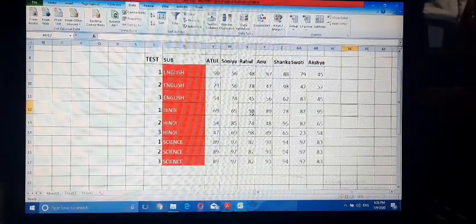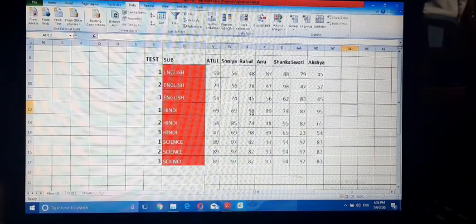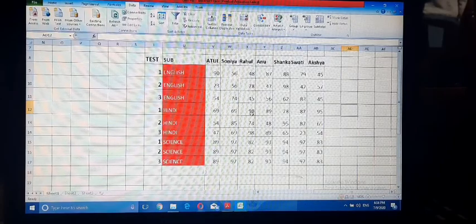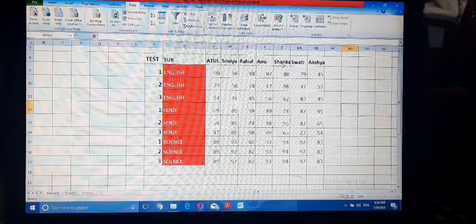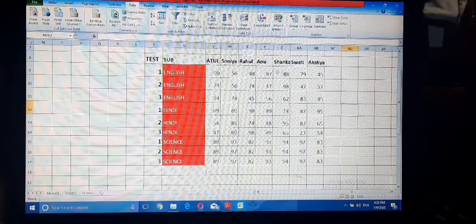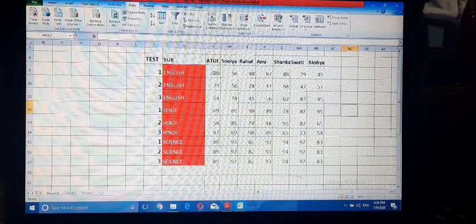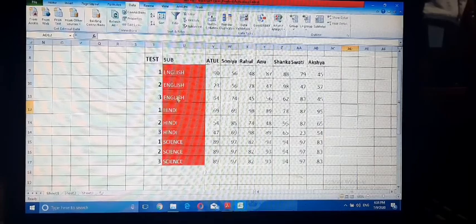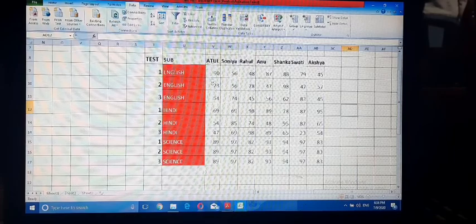Here you can see marks in 3 subjects in 3 tests of students Atul, Sonia, Rahul, Anu, Sanskar, Swati and Akshay. This is test 1, test 2 and test 3 of subject English, marks secured by student Atul. This is Sonia, this is Rahul, Anushka.